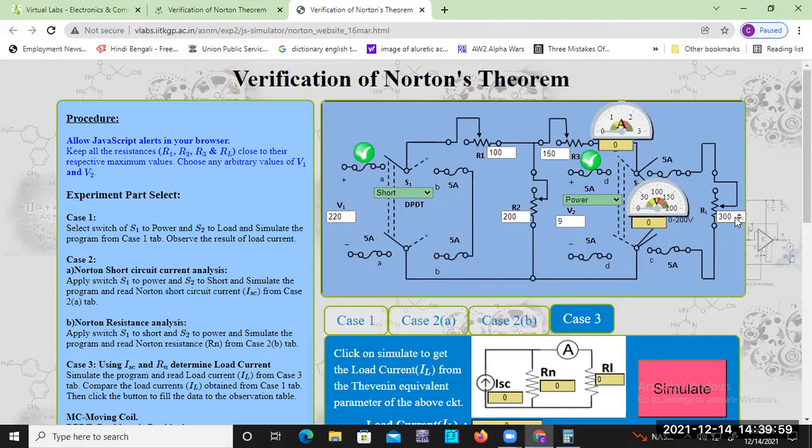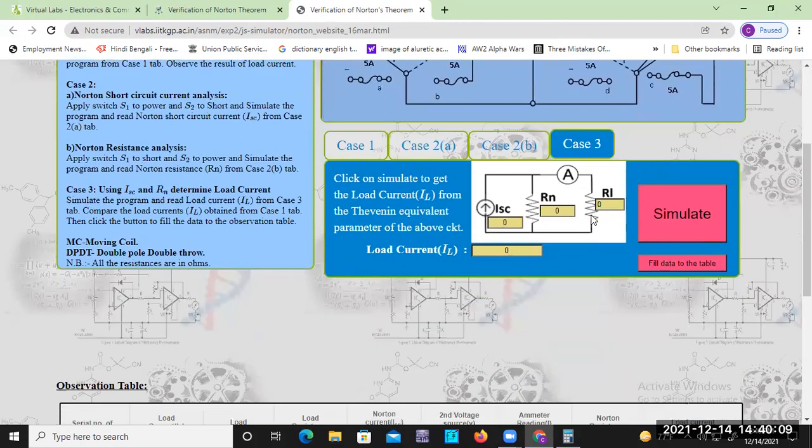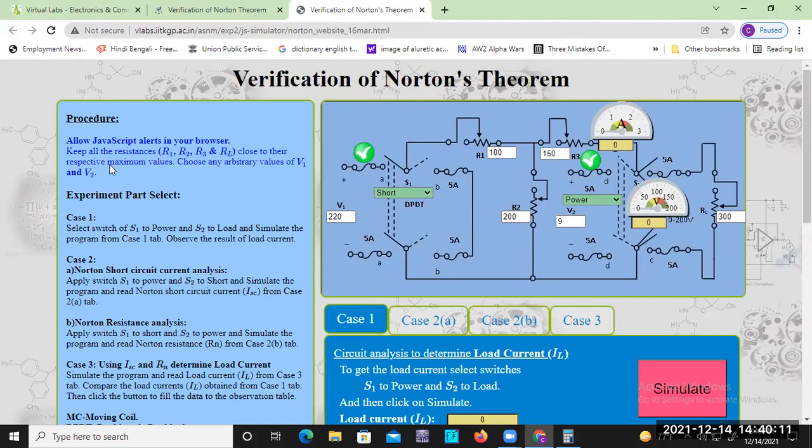Load resistance is again 30, but here you can see there is a 9 volt load, because a multimeter carries only a 9 volt battery. So the voltage source is 9 volt over there. In the first case, you have to see that S1 should be power, S2 should be the load, because the normal circuit is going over there. Normal current is flowing there. How much current is flowing here in the circuit? It is given by this portion.